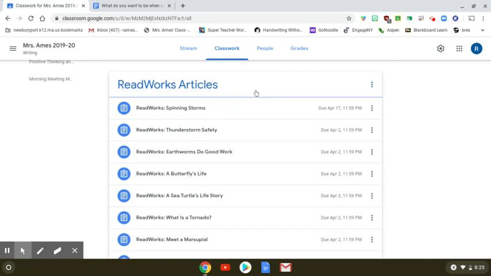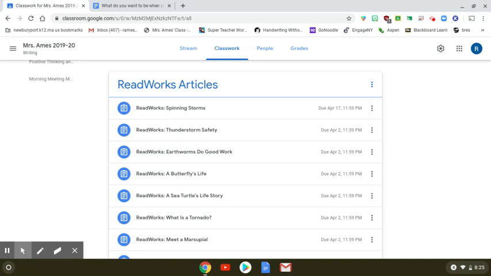ReadWorks and many educational programs have a link where you can link your Google Classroom to the external software program, and it instantly connects the two so that your class list gets instantly fed into the new program that you're trying to sign up for, and it creates a connection between those two,